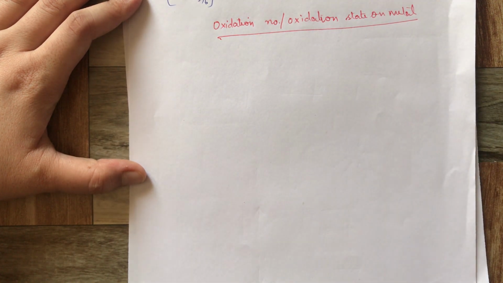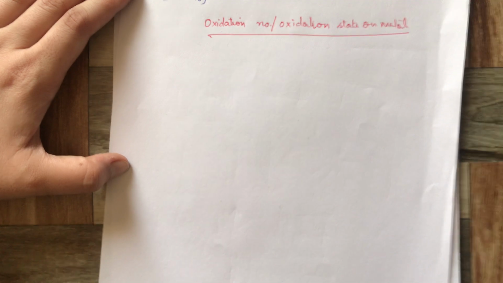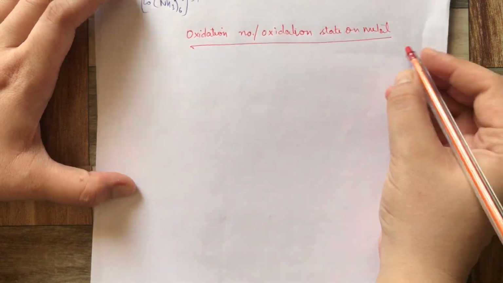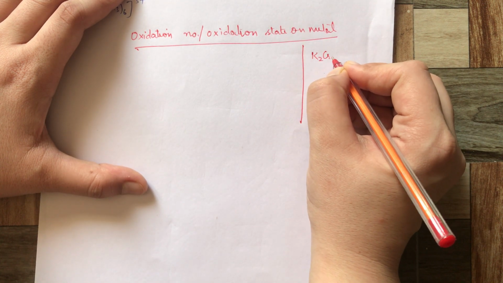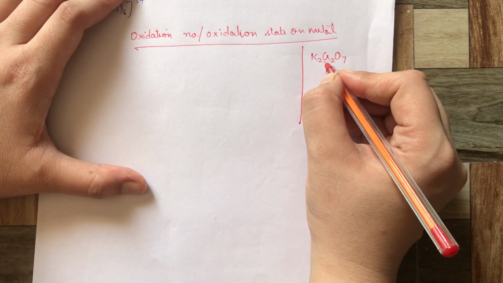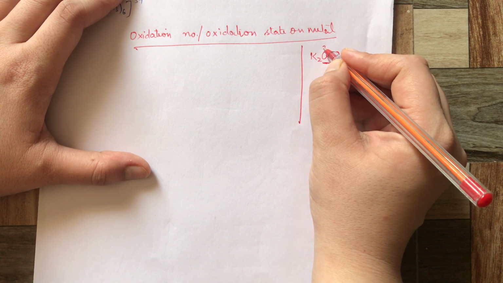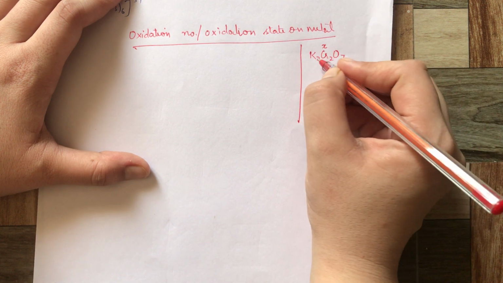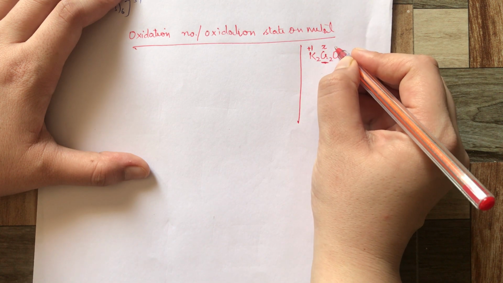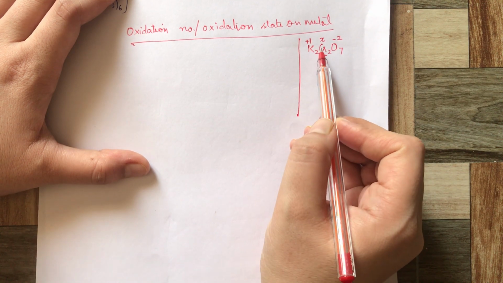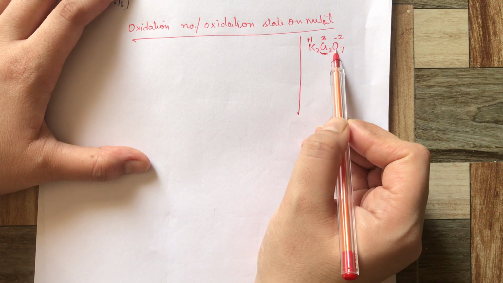Similar to the redox reactions which we had done in plus one. Suppose you have an example, we'll do a rough work, K2Cr2O7, and you are asked to find out the oxidation number of chromium. What is the method? You take the chromium oxidation state as x. You know the potassium oxidation state is +1 and for oxygen it is -2. You can only find the oxidation number of chromium x if you know the oxidation state of potassium and oxygen.